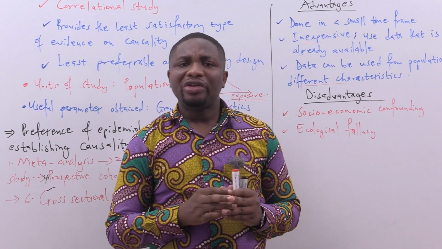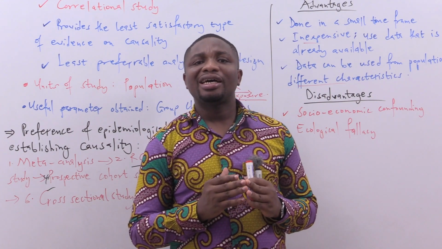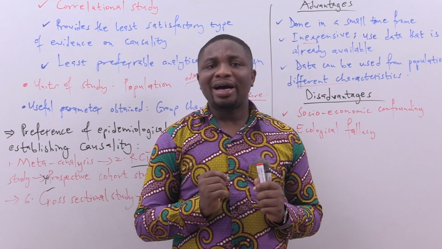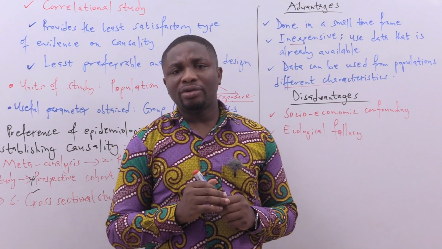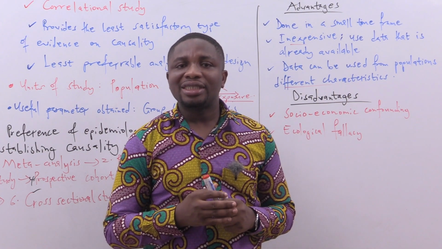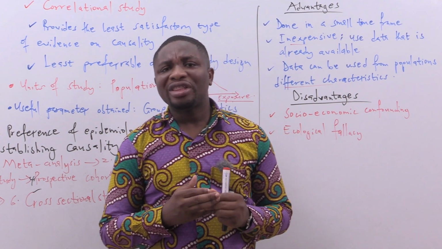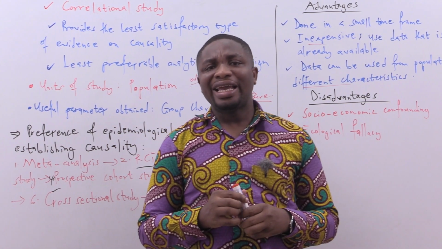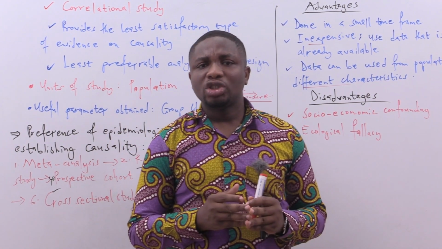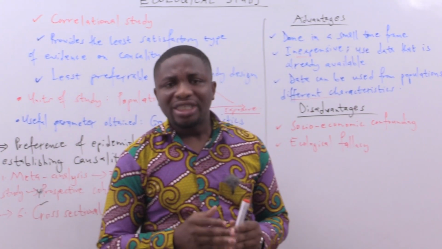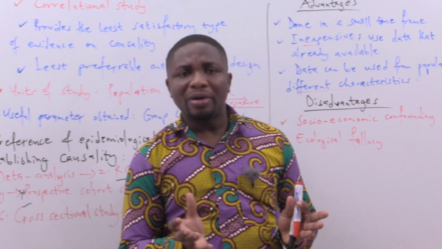Ecological fallacy refers to the error of interpretation of statistical data in ecological study, whereby characteristics are ascribed to a group or a population which they may not possess as individuals, meaning that you are characterizing a group as